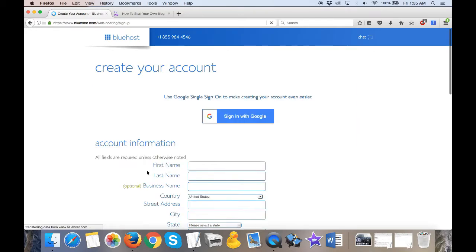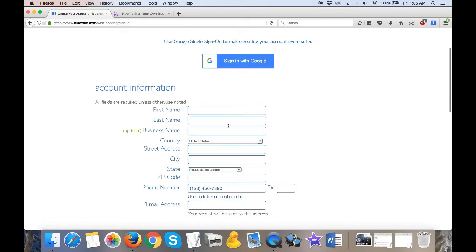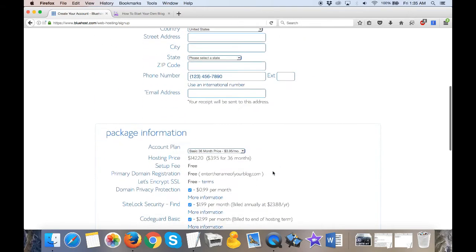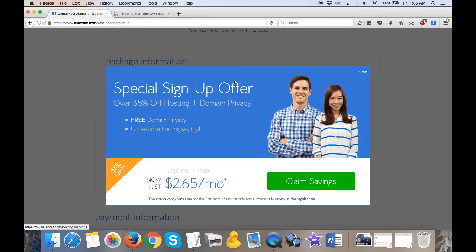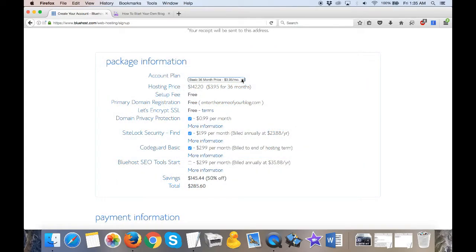And once you get to this page, you basically just fill out all of this data, enter your information, and you see here it says package information. Now remember what I said about the lump sum. So right here you get to choose what you want to do, and I don't like all these pop-ups, sorry about that, guys. So here you can go with 12